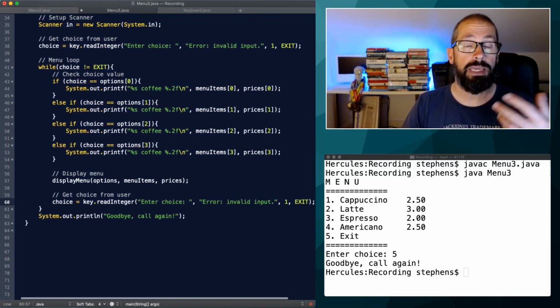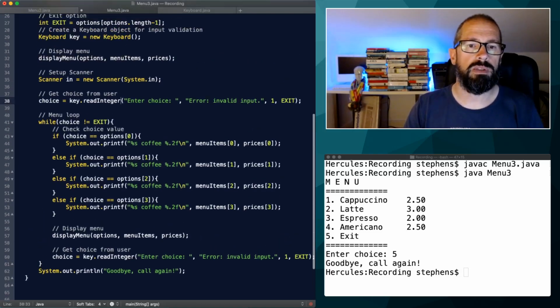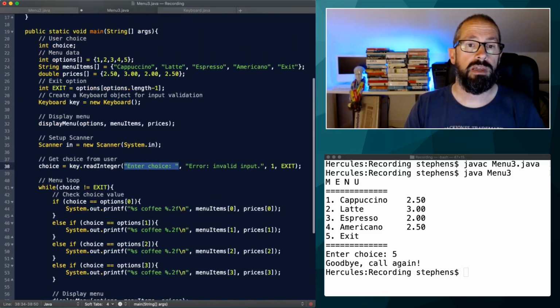So I've now replaced that old user input with this new version of user input that uses the keyboard class that I developed. Now there's one other thing that I need to change. If you notice where I'm using this read integer method on the keyboard class, I'm actually specifying a prompt for the user. Because that's built into the read integer method in the keyboard class, if I have a look